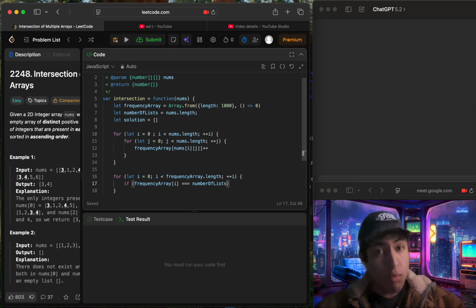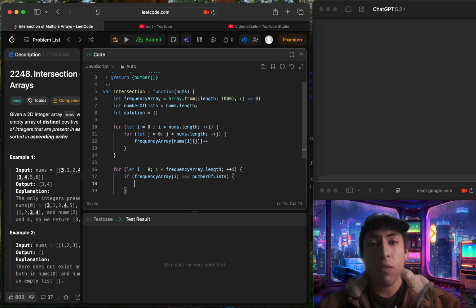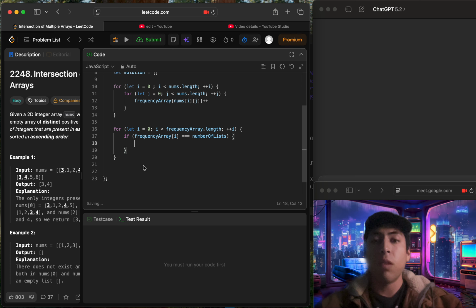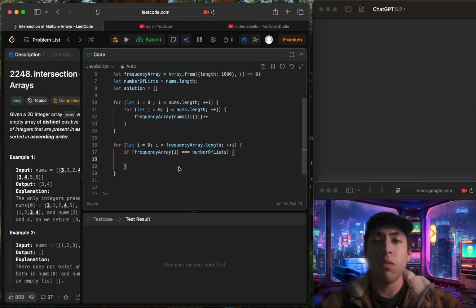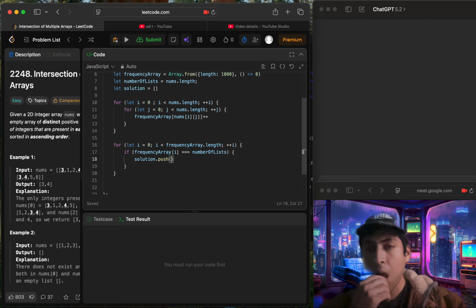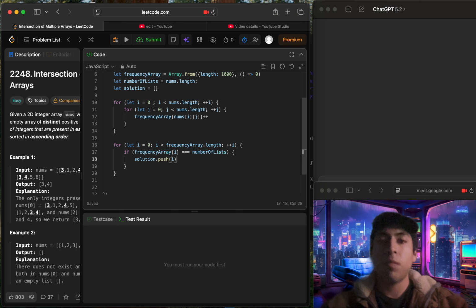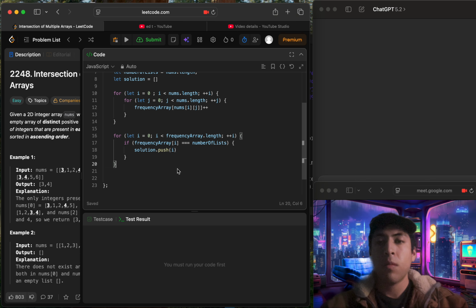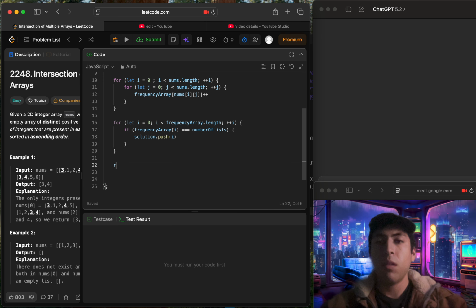And if that's true, then we know for a fact that whatever value this is, was found in every single sublist of the array, so then we can safely push solution.push(i), right? And then from here we just return solution